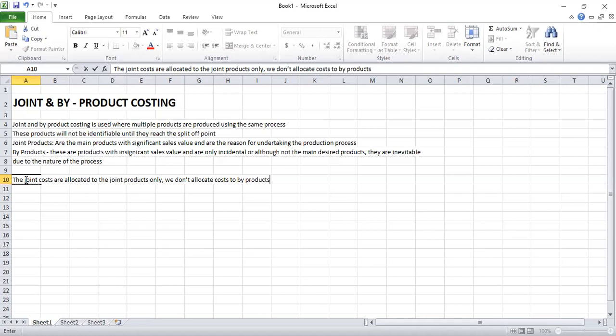So we only allocate the costs to joint products. Right. The joint costs to be allocated will be equal to the joint costs incurred minus net realizable value